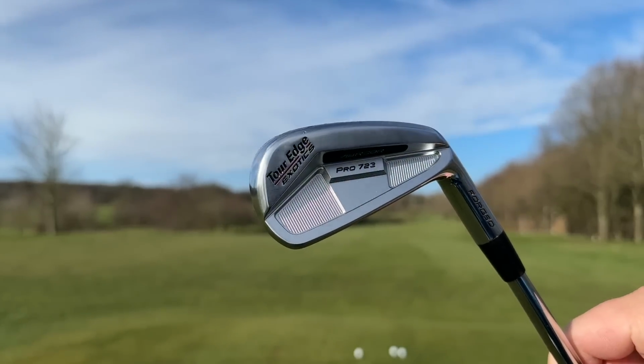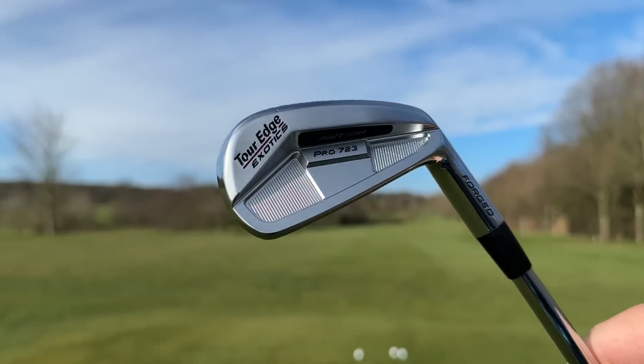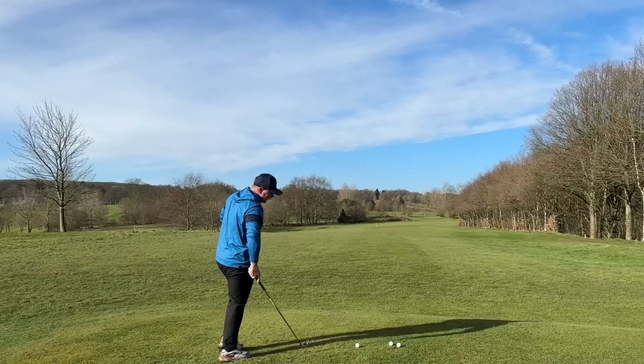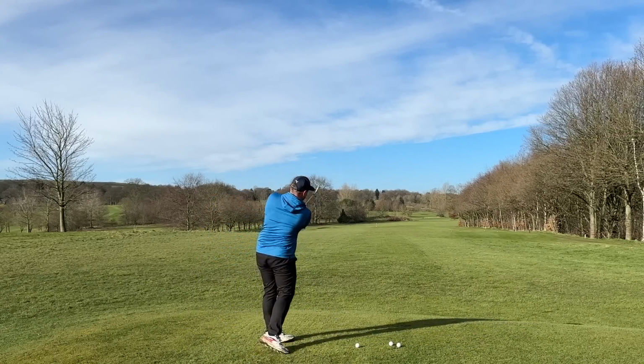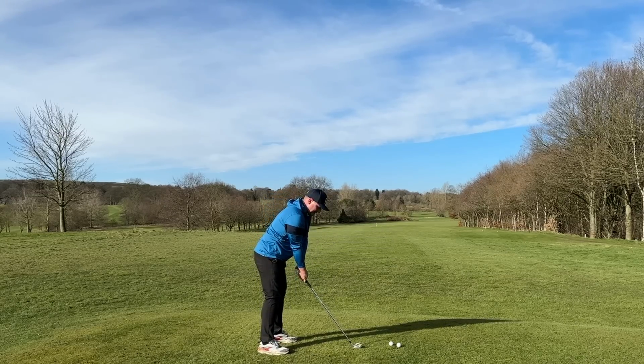I keep showing you close-ups of this because I'm going to just face it, this is a lot better looking than I am. It also reminds me of the old school TaylorMade RAC irons. Who remembers those? And guys, each club head has had over an hour of precise milling to make sure these clubs are exactly what they should be. I'm going to talk through the tech in a second,